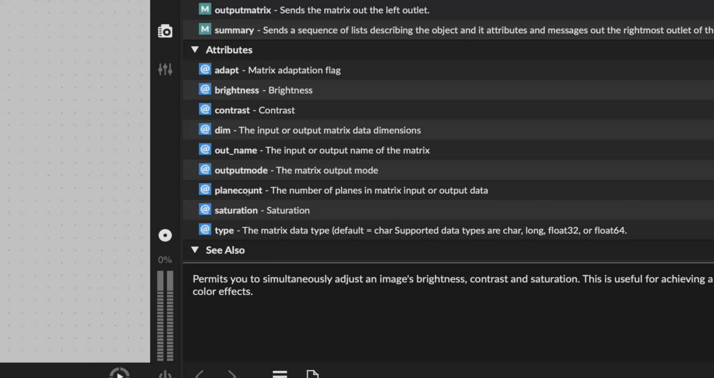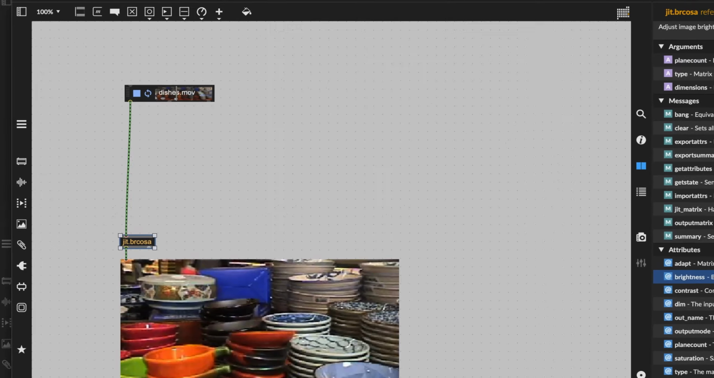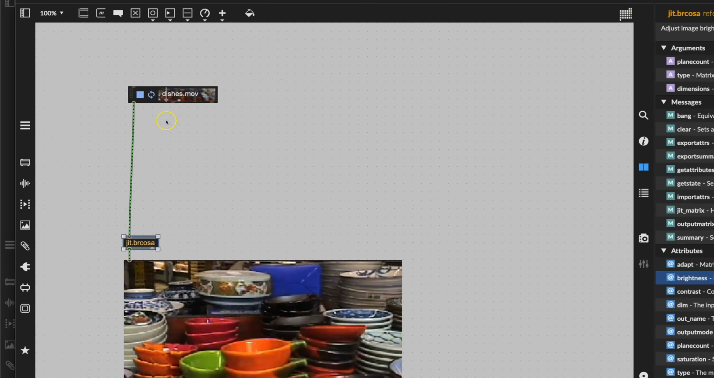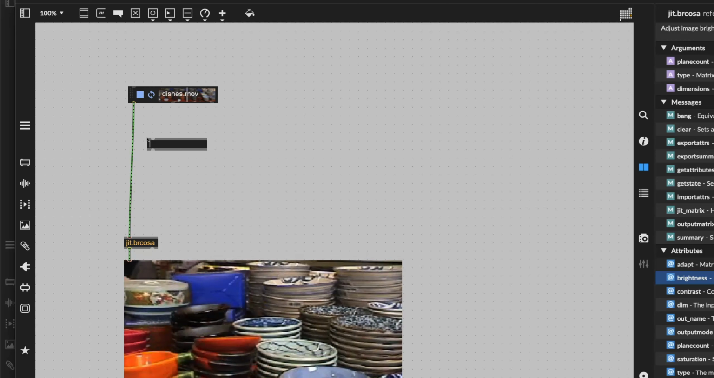Okay, so let's start off with a simple one, brightness. It's also alphabetically the first, and just click on it so that it's highlighted, and then down here we even get an explanation. Brightness default equals 1.0. So values below 1 reduce brightness, while values above 1 increase brightness. So let's try out a simple version of this, and we'll zoom over here, and we'll type an N and say prepend